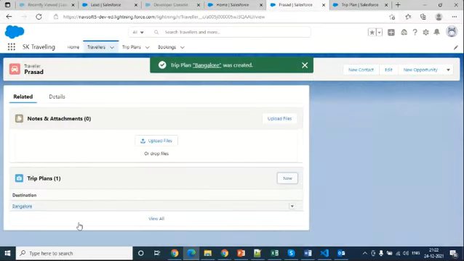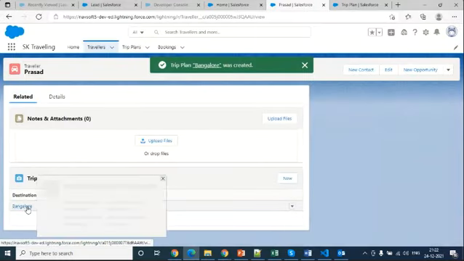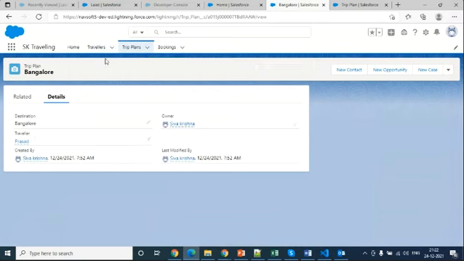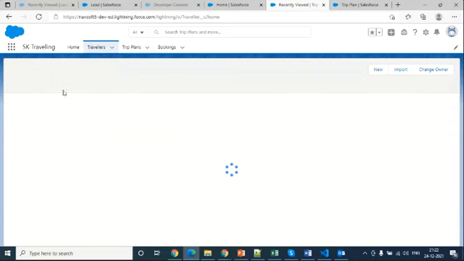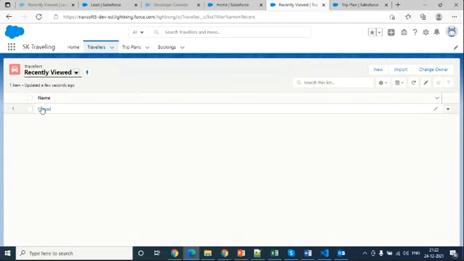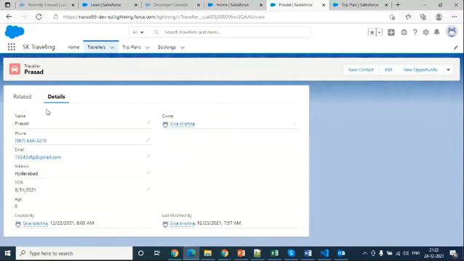I can save it. So if you go to traveler plans and places, you can see the two names, Simla, Bangalore, something like that. But the records of the traveler will be only one. Sai is gone. Sai has been deleted long back. I have only Prasad. Clear now?